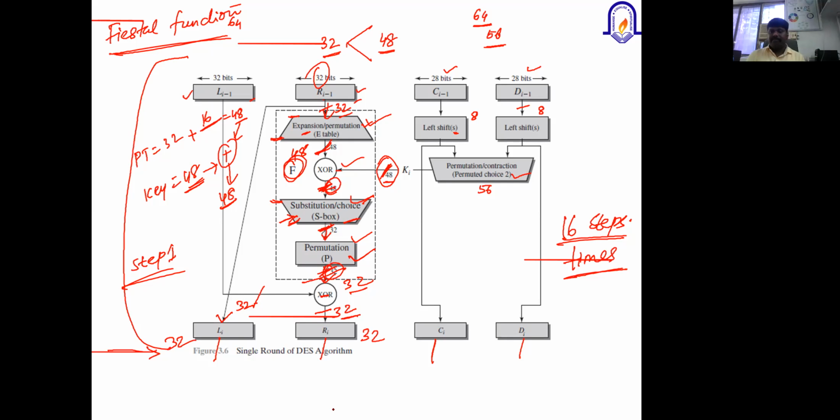Akshay, any clarification required? What about others? Okay, good.